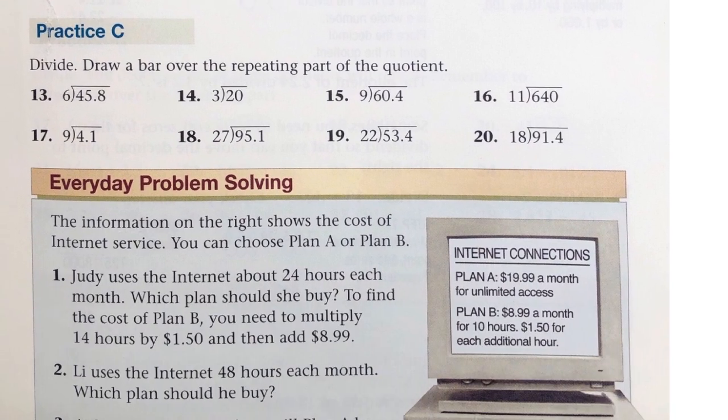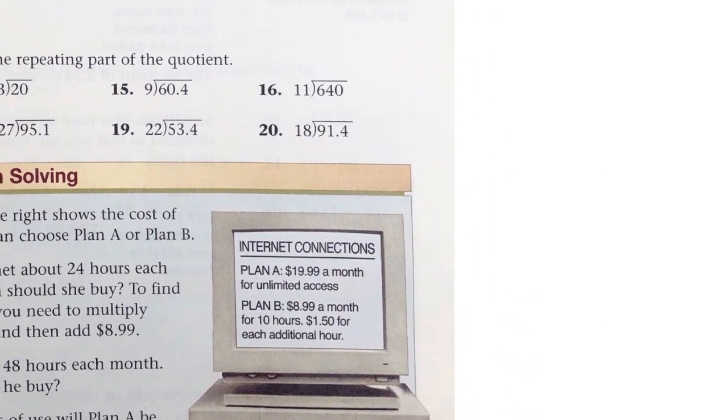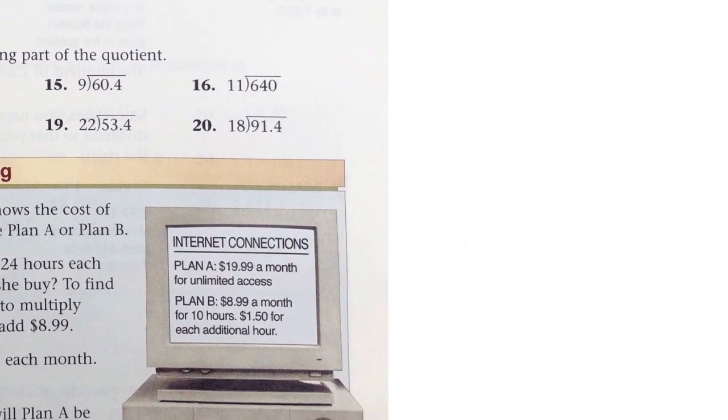All right, let's try some practice C. So we're going to divide. Draw a bar over the repeating part of the quotient. So we'll write this off to the side. We'll put a little space. So we'll start with 16 divided by 11,